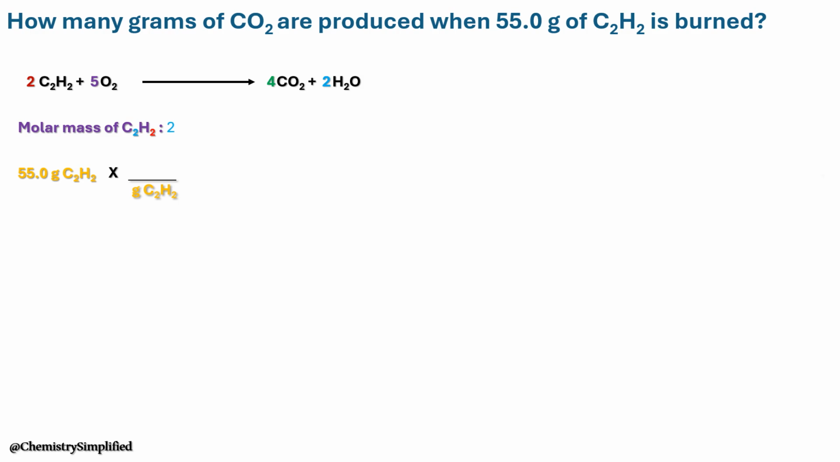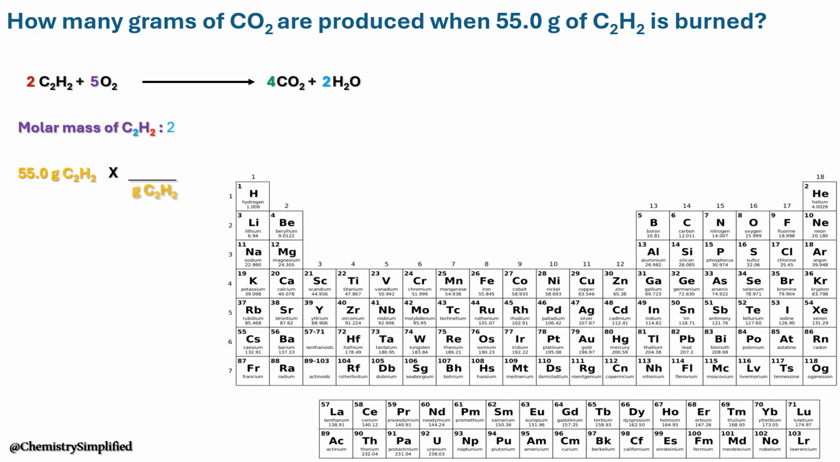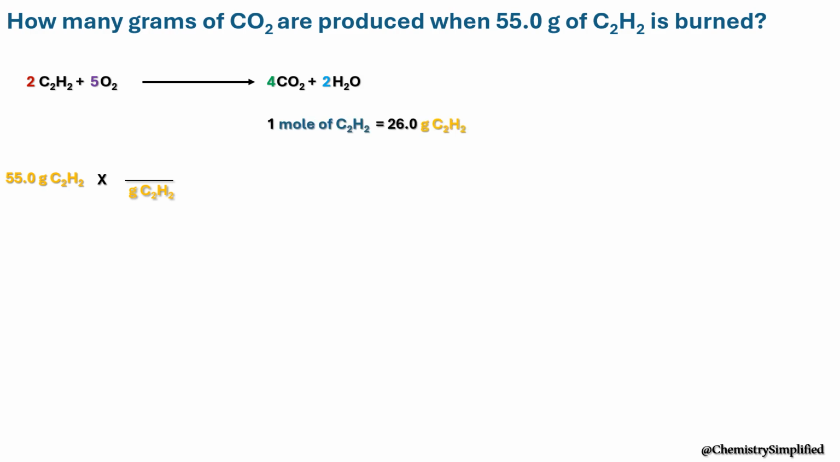So we have 2 carbons. Each carbon weighs 12 grams. Plus we have 6 hydrogens, and each hydrogen weighs about 1 gram. So that gives us 30 grams per mole. So that's the molar mass of ethane. So we know grams should be on the bottom. So we put the 30 grams in the denominator, and the 1 mole will go in the top. We cross out the grams,